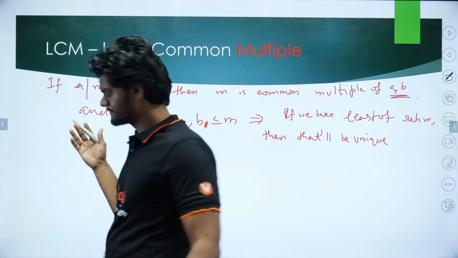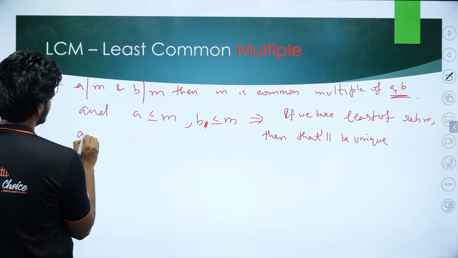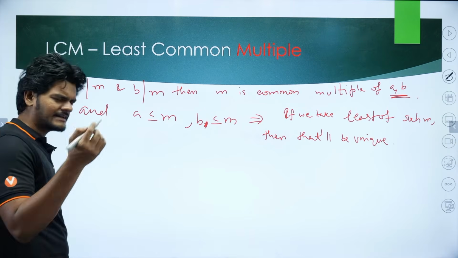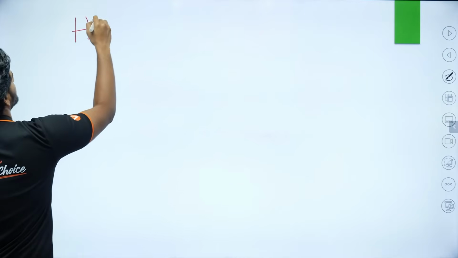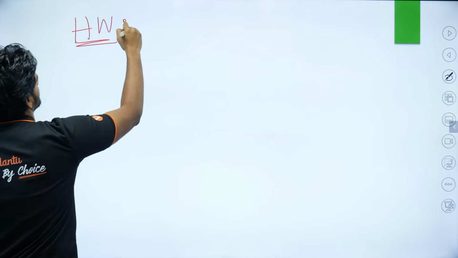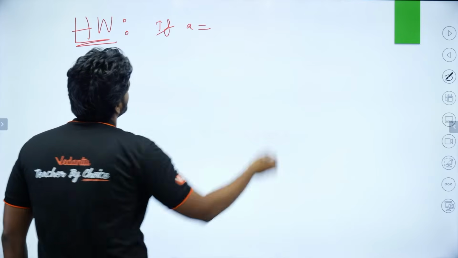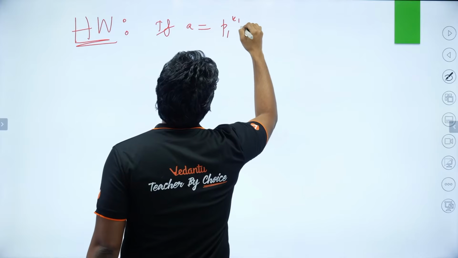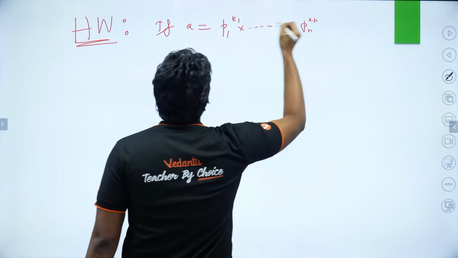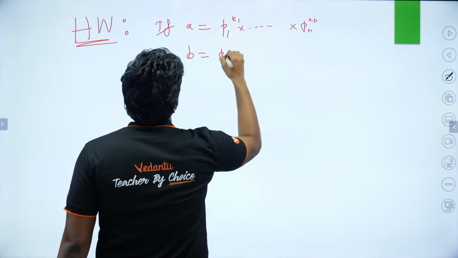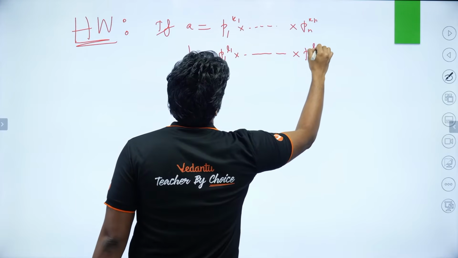Again, that will be unique, that is a different thing. So, again if I have it in terms of prime factorization, I think I should give it to you as homework, right. Take it as homework. To prove that if A is equal to P1 power K1 up to Pn power Kn and B is equal to P1 power L1 up to Pn power Ln,